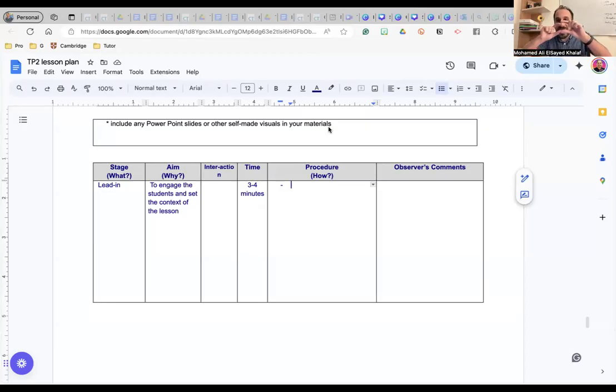Okay. So I might create a topic in our Google Classroom and provide you with written lesson plans. Actually, the teacher who wrote them was one of my CELTA trainees, and she got pass A. But again, don't copy paste. I will show you the examples for your reference to see how she writes the procedure. And for the observer comments, you don't write anything here. Some tutors will leave you some notes in this box.